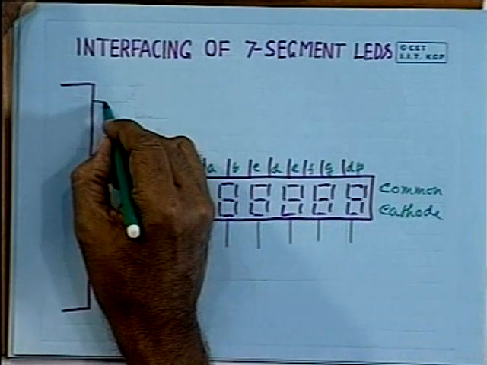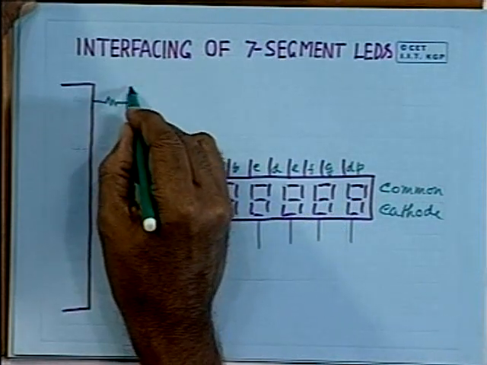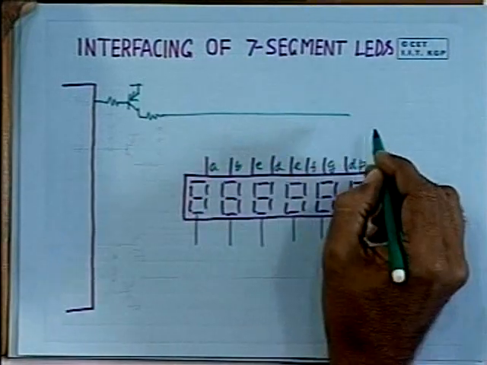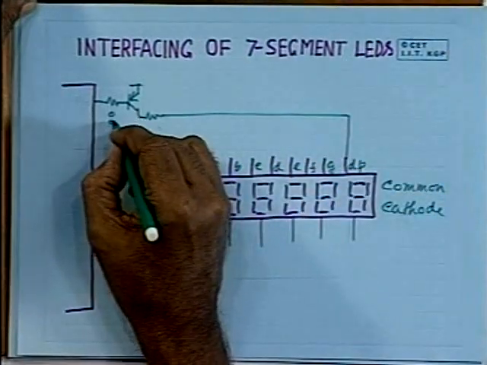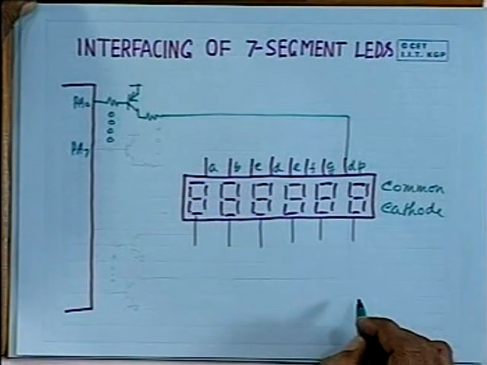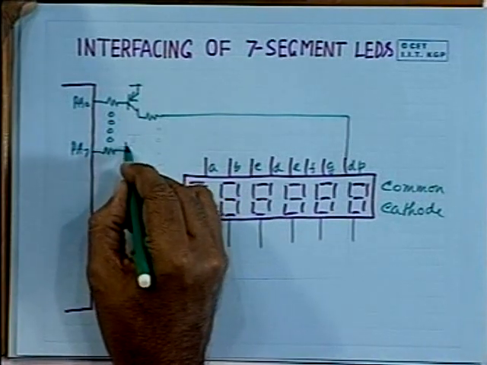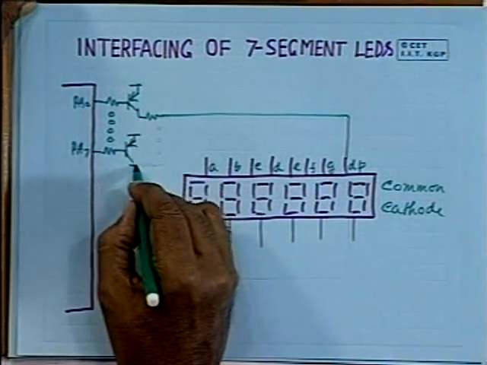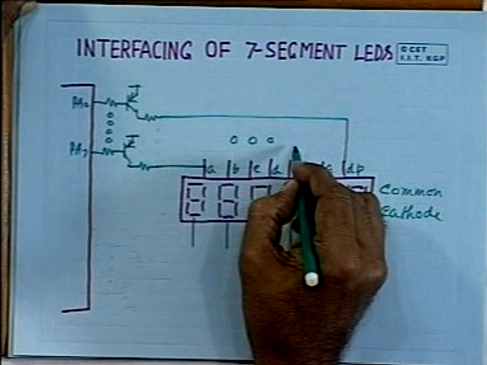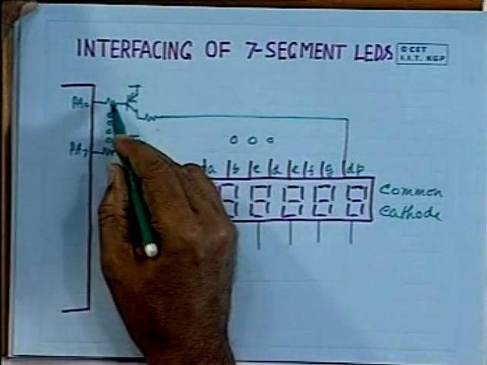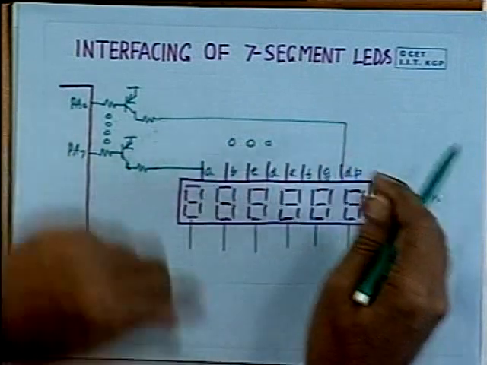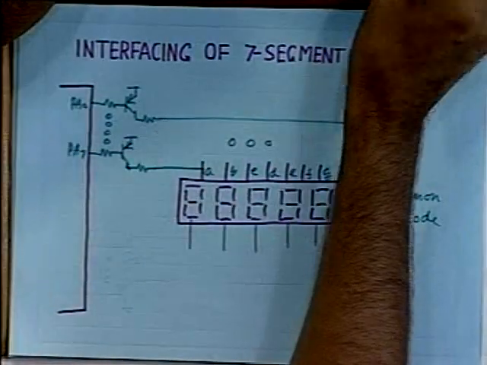Say from port A we use a transistor driver the way we made earlier, and the resistors are here, and it is connected to, let us assume, the decimal point. We will require 8 such transistor drivers connected to PA0 to, let us assume, PA7 lines, and here is the 8th transistor, and it is connected to this line A. So here with the help of 8 transistors and a number of resistors, the resistor values are to be calculated the way I have shown, and the collector current will correspond to this particular current,